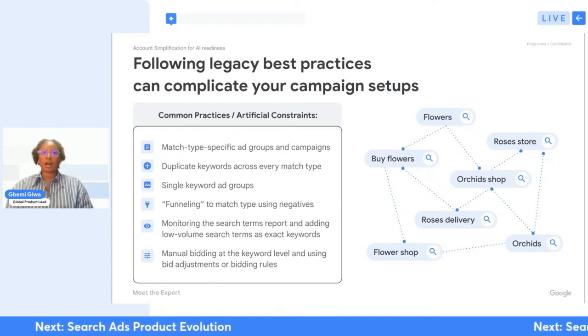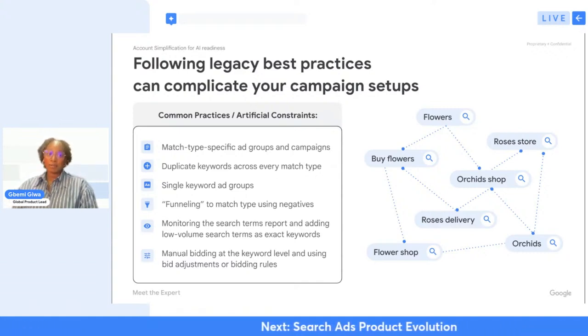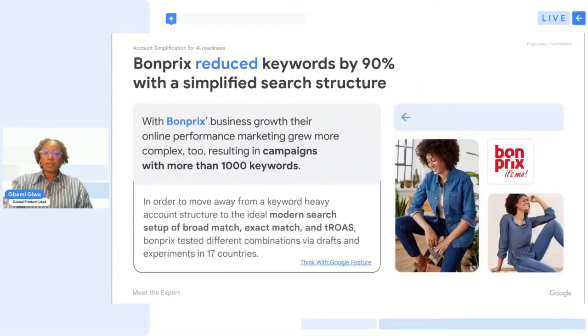AI powered solutions offer significant advantages such as improved targeting and efficiency and more performance gains. We also know it's leading to wasted resources. Maintaining these complex and outdated structures is really difficult and requires a lot of manual effort. And they can actually limit innovation, as these legacy best practices can stifle your creativity and experimentation. So they lead you to stay within your comfort zone, which makes it difficult to explore new ideas and embrace emerging technologies.